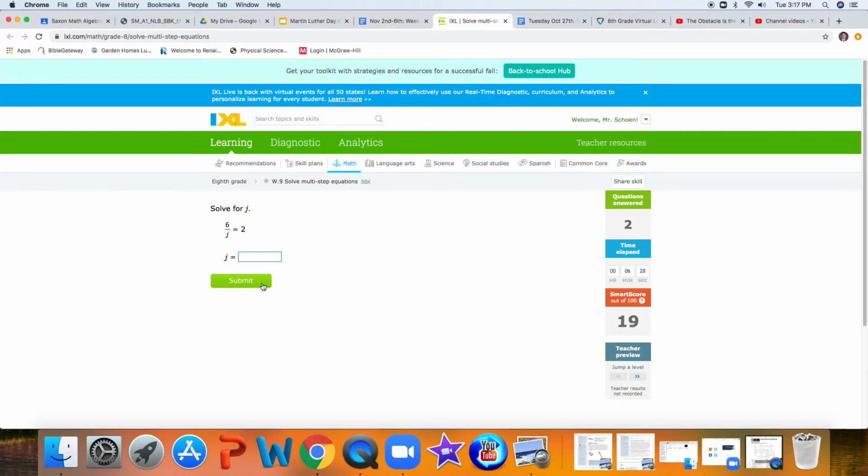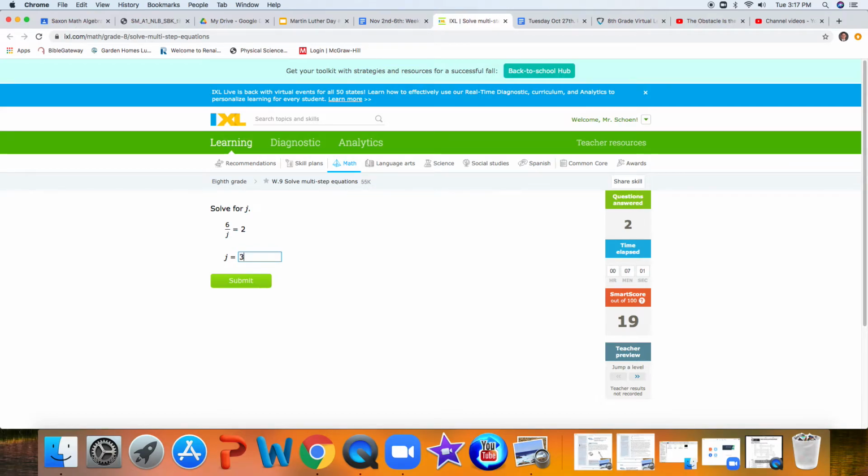Here you have 6 divided by j equals 2. Again, our goal in a multi-step equation is to get the variable by itself, so I have to use inverse operations in my properties of equality. It says 6 divided by j equals 2. I can think about this in two ways. What's the operation that's being done, and then think of the opposite operation, or I can look at the fraction itself. 6 divided by what equals 2, or 6 is 2 times what value? In this case, if I say 6 divided by 3, I'd get 2, so I know that j equals 3,